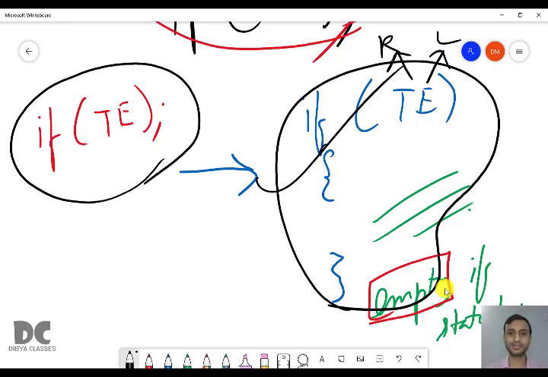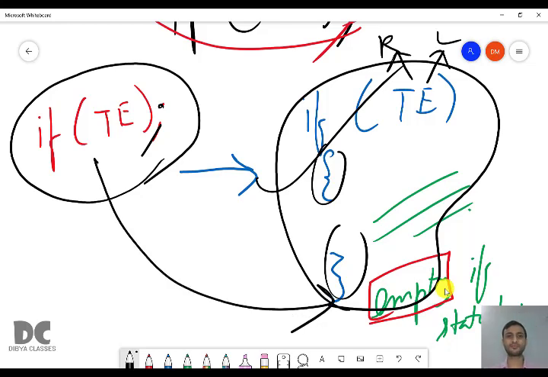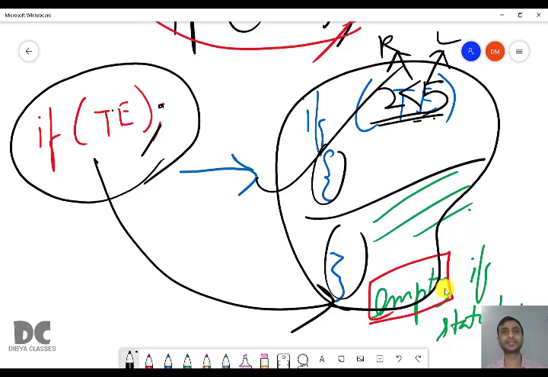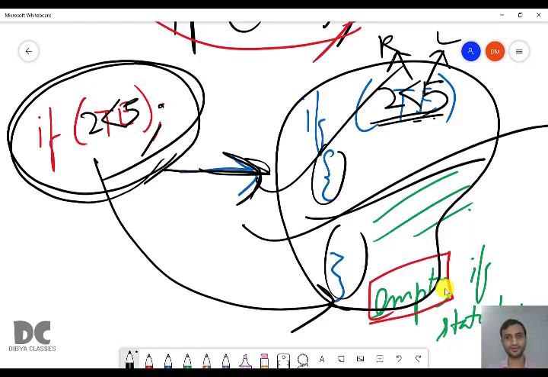So without giving these curly brackets, if you only put semicolon after if, then this is also an example of an empty if statement. Means inside this if statement there is nothing. Means if this statement is true, for example we are checking 2 less than 5, so it will become true, it will come inside. But since there is nothing inside, nothing is going to happen. So here if you write 2 less than 5, it will go inside. This statement expands to this thing. Since nothing is there, it will not do any task. This is called an empty if statement.